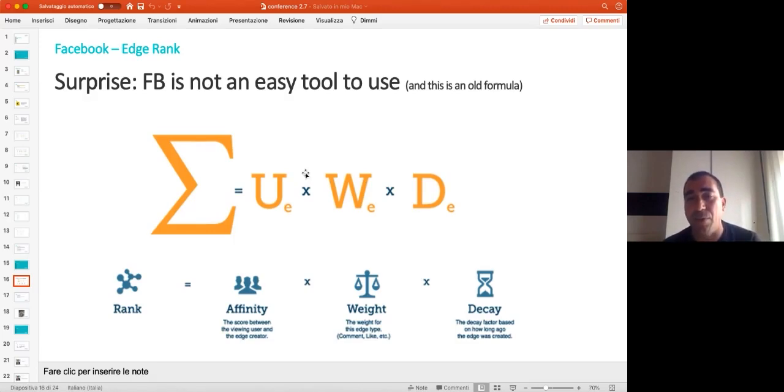The older the post is, the less interesting it is for Facebook. So this is why you do not have to post something at 2 o'clock in the morning, because nobody is online. And your post is going to decay very fast. So you are not getting weight, you are not getting information, and so your post is going to disappear in the morning. So now you see that every time you are creating a post,